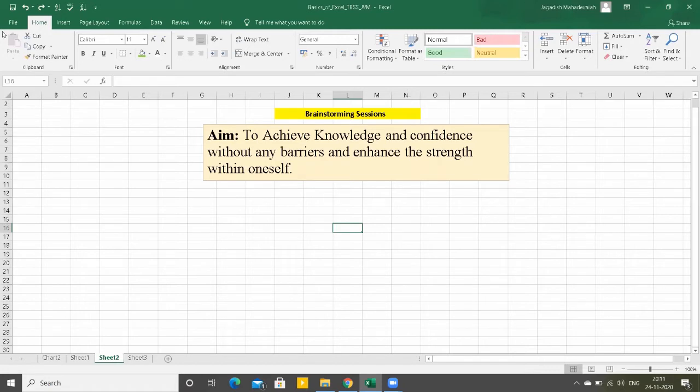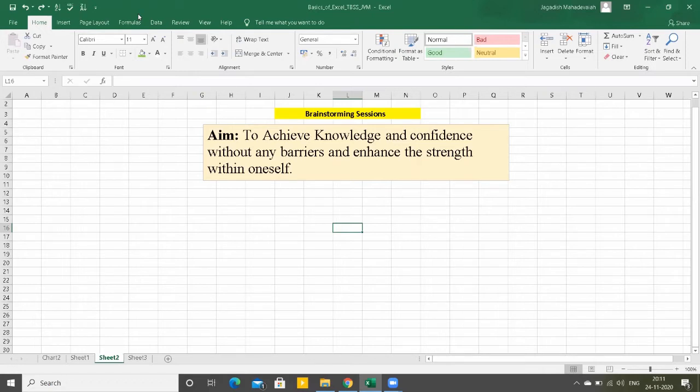Basically, this is the Excel interface. I hope you can see this. Let me introduce the various components and options of Excel, because in schools, the students from ICSE or CBSE background are well versed with Excel.